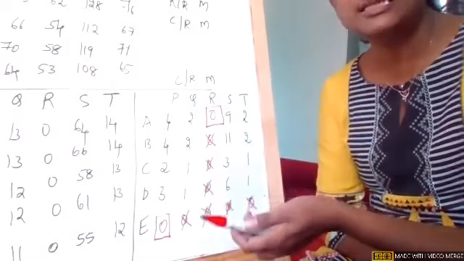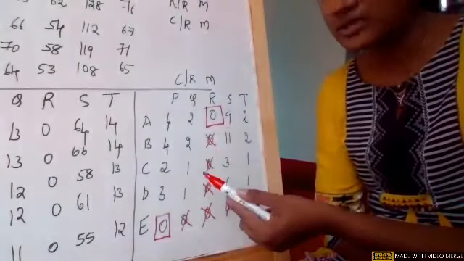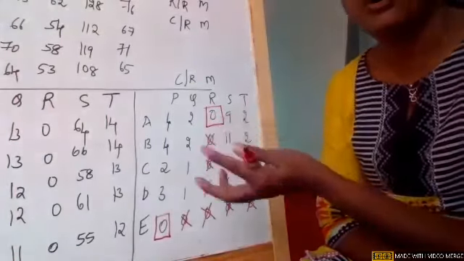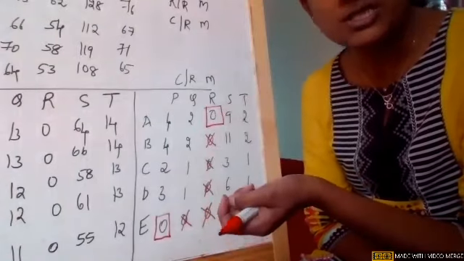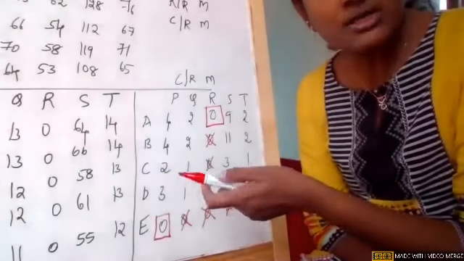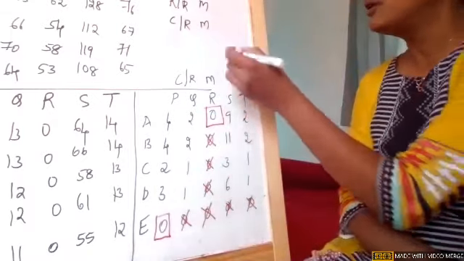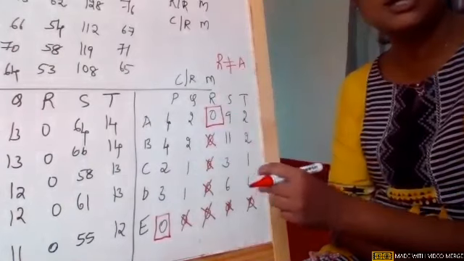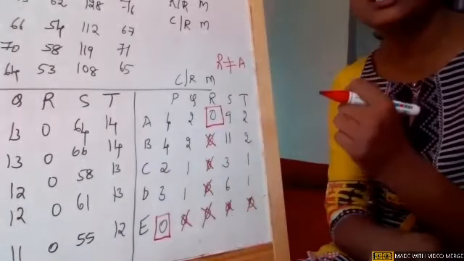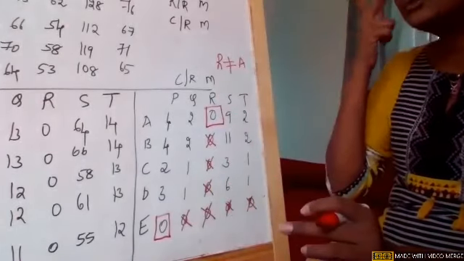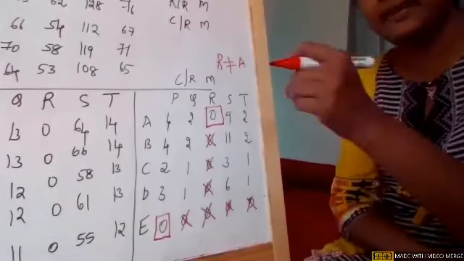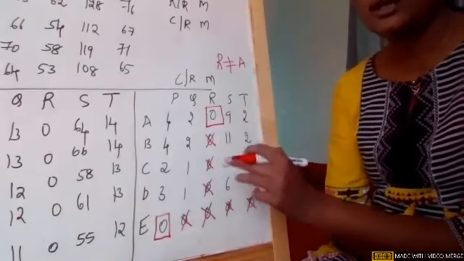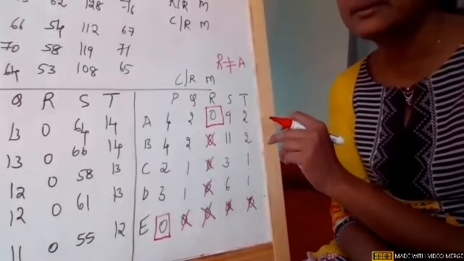Now when I am done with this step, if I look at my matrix, the zeros are either boxed or crossed. There is no zero which is uncovered. So what is my next step? Obviously, I need to check whether my rows are equal to assignments. As per this, my rows are not equal to assignments. So I need to check for optimality. In order to check for optimality, pay attention. Go to the row where there is no assignment.